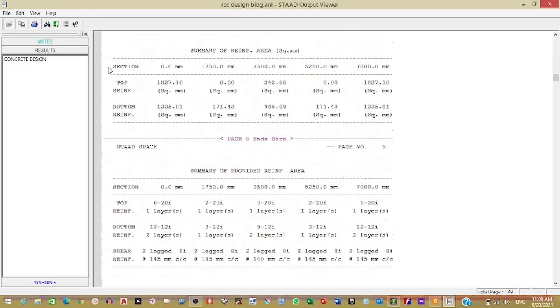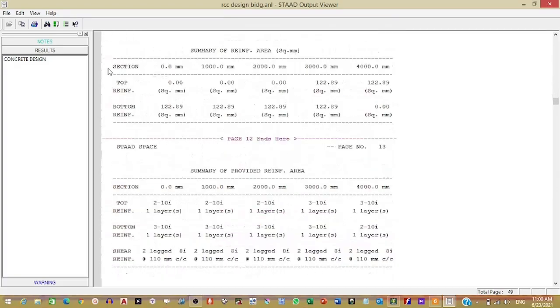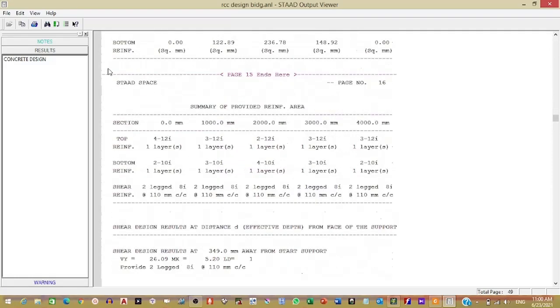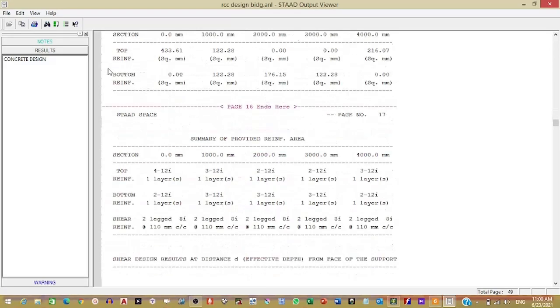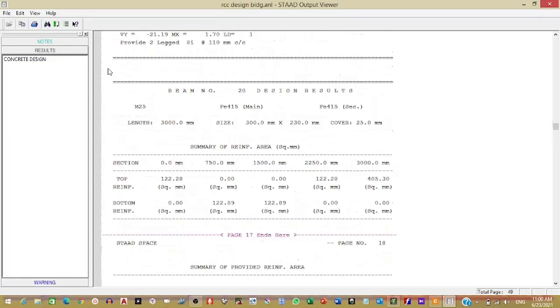For each and every beam, software will show you the arrangement.